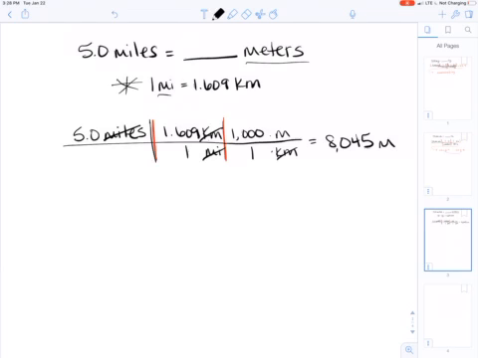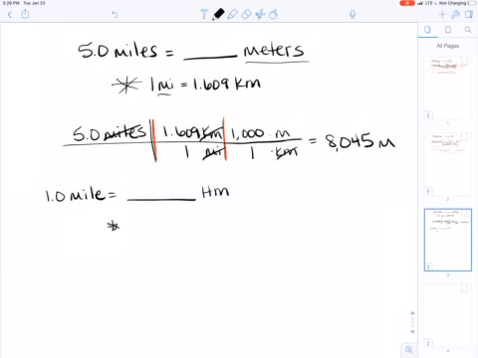All right, one more example here. Let's say that I'm going to do kind of an interesting one. Let's see. Yeah, let's do 1 mile. And I want you to tell me how many hectometers that is. And the conversion factor that I am going to give you